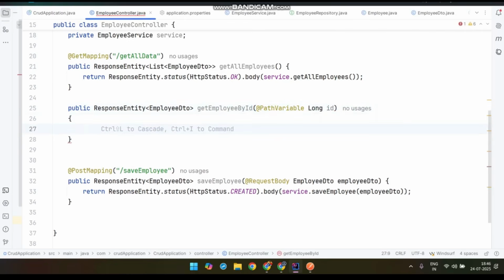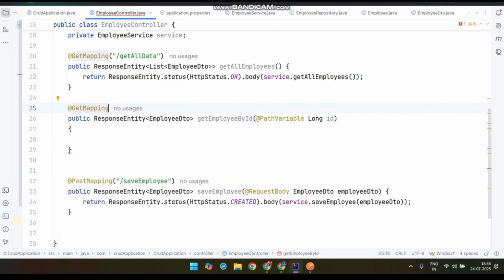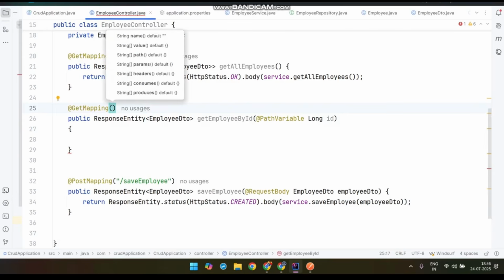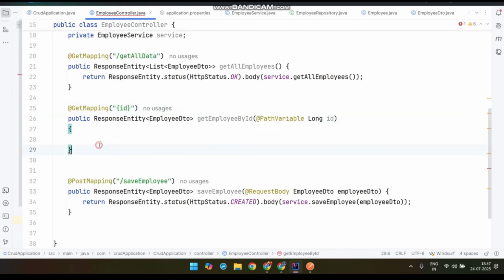Then we need to map it with @GetMapping with the URL, or just directly give the ID there. Okay, its name is id. So this is the path variable. Now return